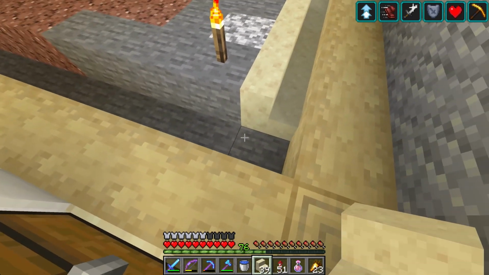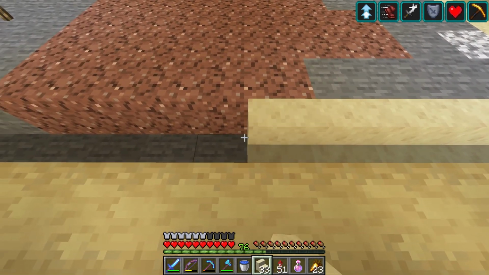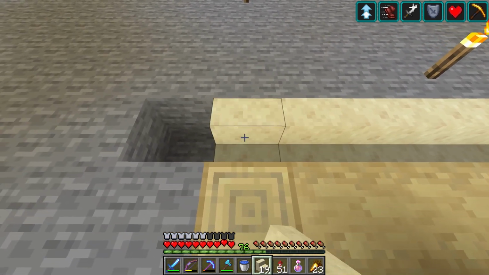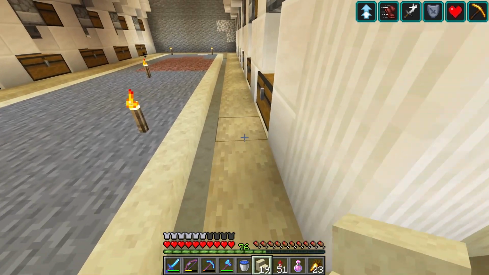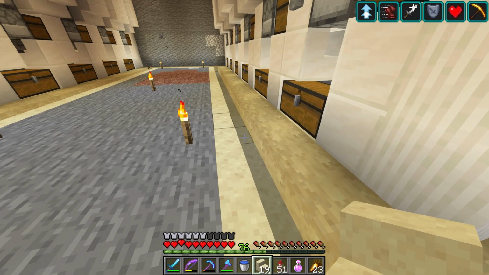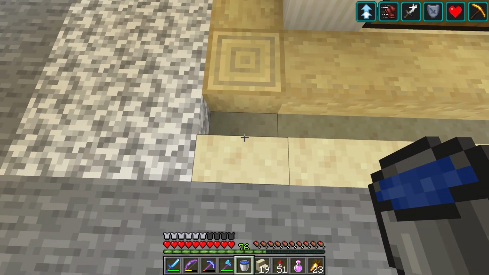So if we take our stairs and just face them, I guess we're going to face them this way. You could face them either way. I think I chose to do this way. I think it might look better in the end. So we're going to face them kind of at the border here that we've created with the stripped birch, and you can see that already looks good by itself, but we can take it a step further and actually waterlog